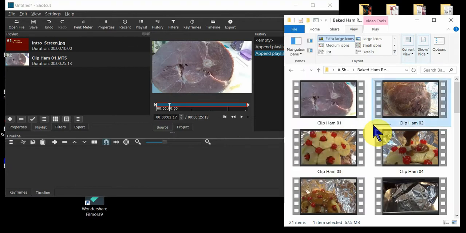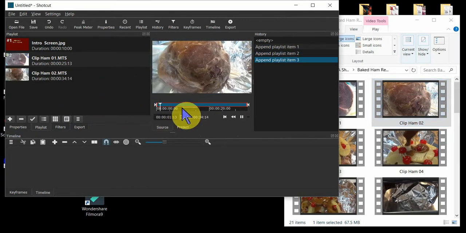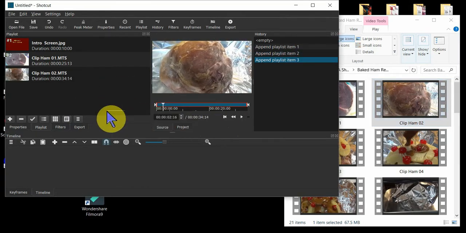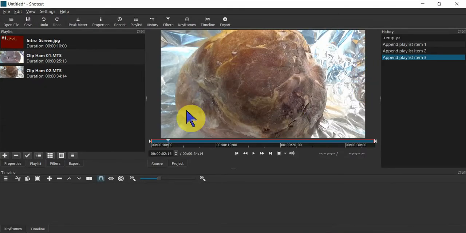Go back to where you're dragging files from. Here's clip ham 2. Same thing. I'm going to put that over there. Now that one starts playing. Stop it again. If I do multiple files, I think it plays the last one it moves. But all you have to do is just hit the space bar. Now, for the moment I'm through with this, I'm going to re-expand this. Now I have 3 files in my playlist, and I want to move those down to my timeline,